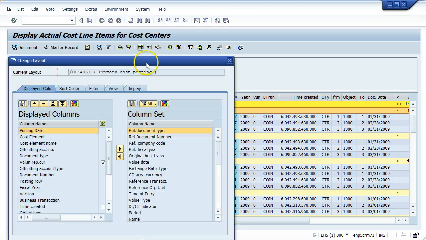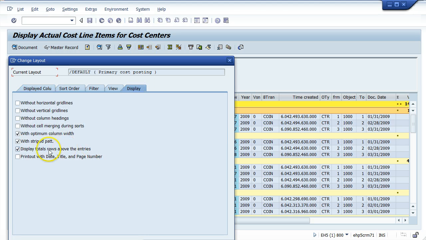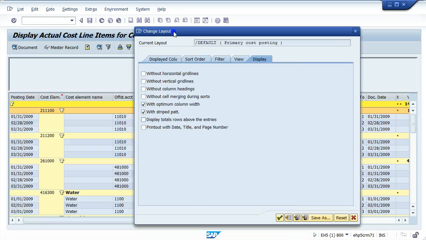And then finally, our last option is, and I'm going to uncheck that, print out with date, title, and page number. If I chose to print this, and I'll show you how I can print it, and I want to see the date, the title, and the page number, which probably would be quite handy, especially the date, because data changes over time. So seeing the date and certainly the title would be helpful. If I chose that option,